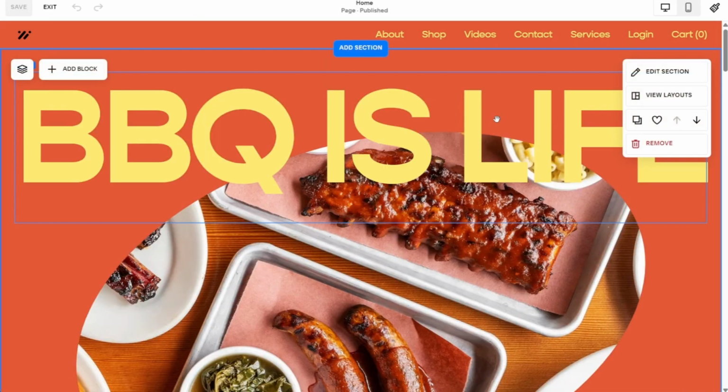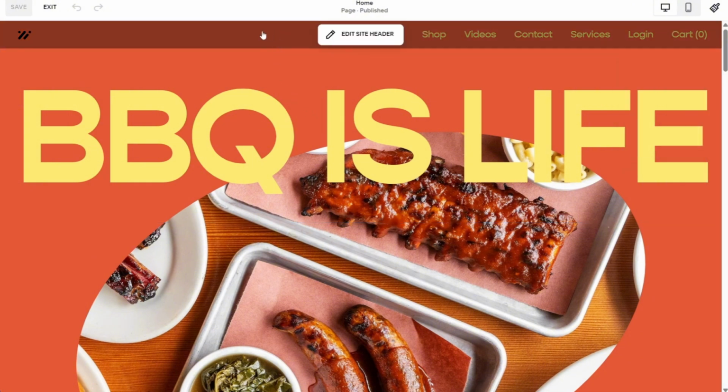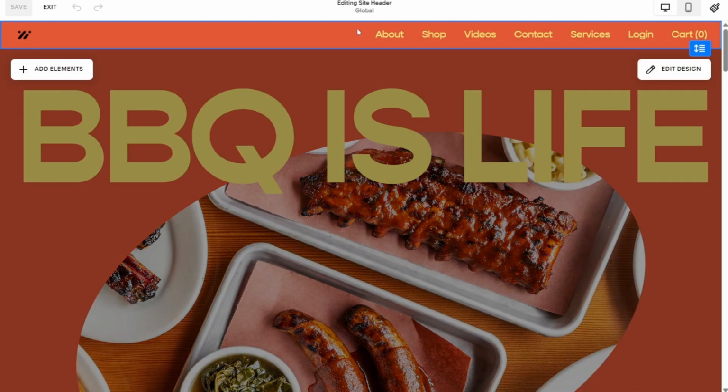Now, once you are on your Squarespace website, the first step is to hover your mouse within the header. This is what my header looks like, and once you hover your mouse on the header, it will automatically show an option to edit the site header. Simply click on Edit Site Header, and once that's done, two options will pop up on the left and right hand side, and what you want to do is simply head over to the right hand side and click on